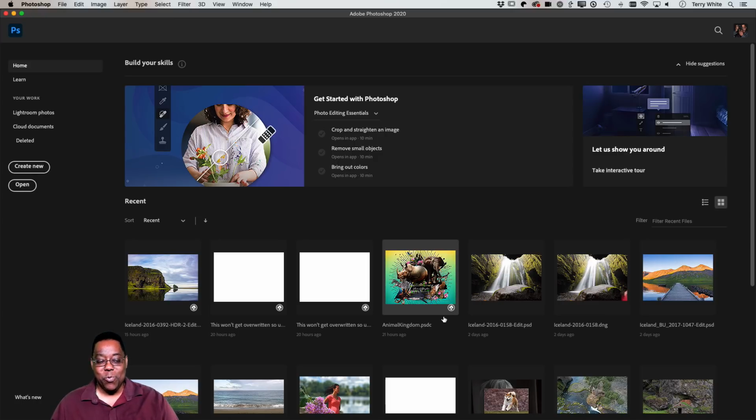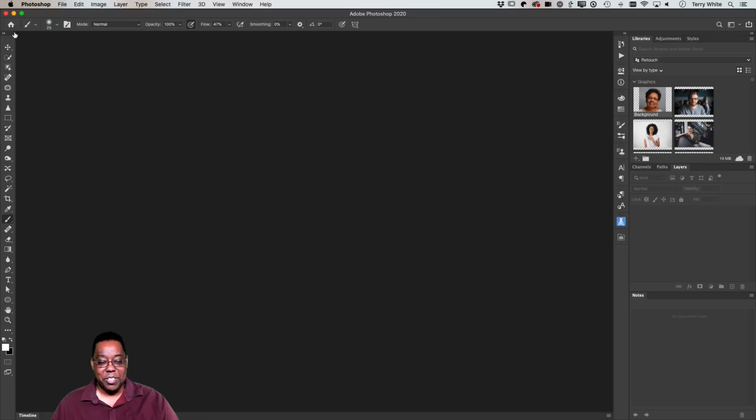But if you really just want to get into Photoshop without having to open something or create a new document, it seems like there's no way to do that except the icon up here in the upper left corner, the Photoshop icon. If you were to click the Photoshop icon, it will take you into Photoshop. So you will get there and you will be there.